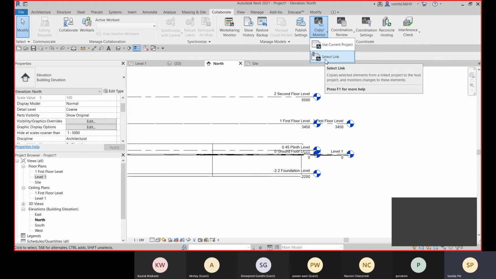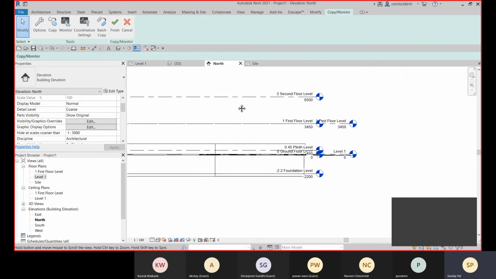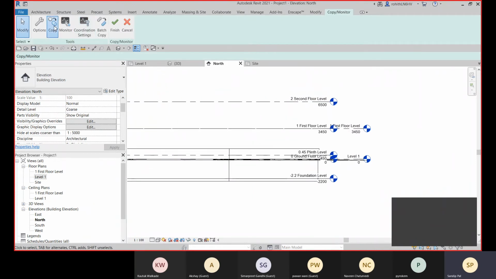You need to choose this select link. We have this link file, and here I will copy it. So let's go for copy, and we will copy this. Okay, that is already copied, and now you will see this monitor option, and it's being monitored right now. All right, now let me copy this also, and here you see the symbol, and now let me copy this also, and now you see this symbol, right?